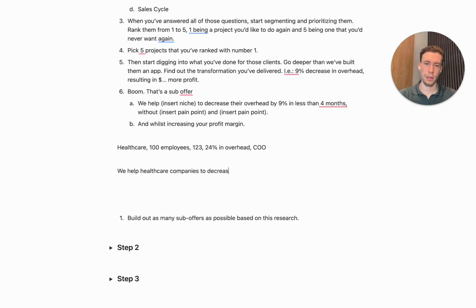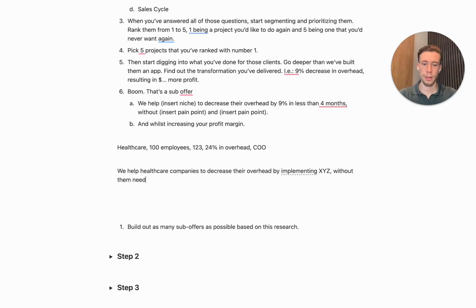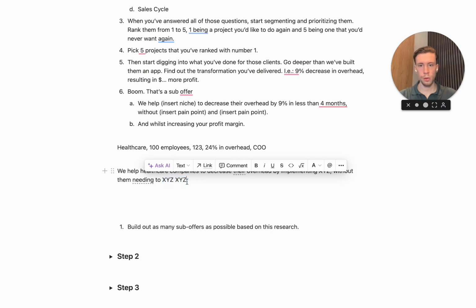companies to decrease. This X, Y, and Z is your unique mechanism without them needing to do X, Y, Z. And these are their pain points. What don't they want to do? What is something that they absolutely hate? And so instead of offering,